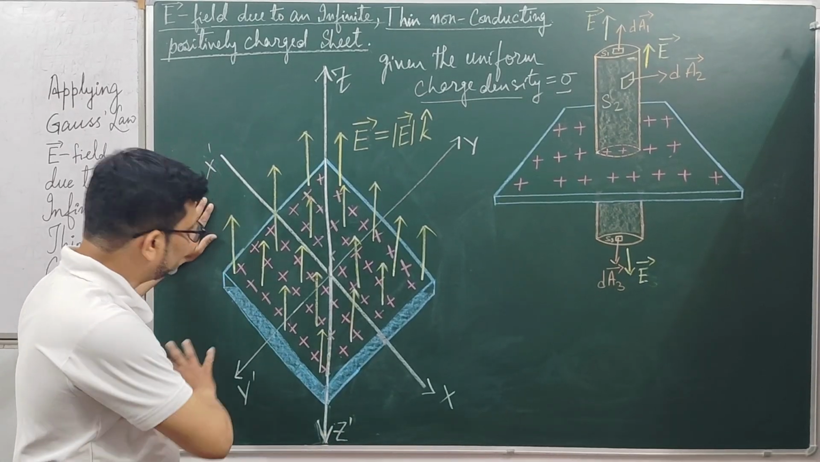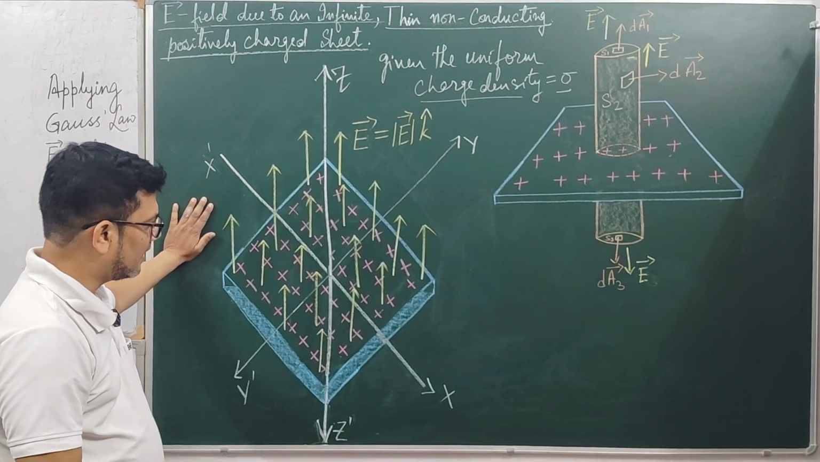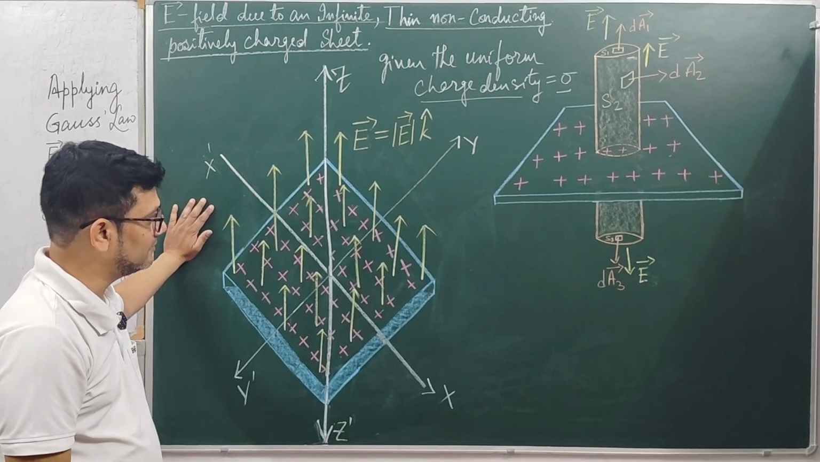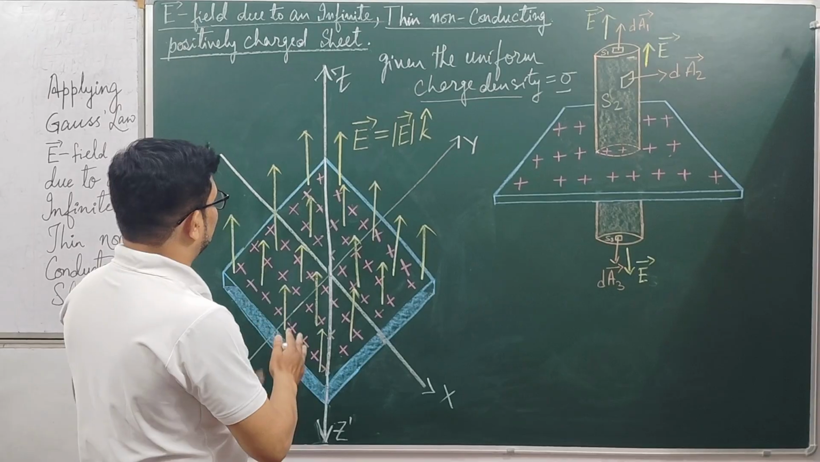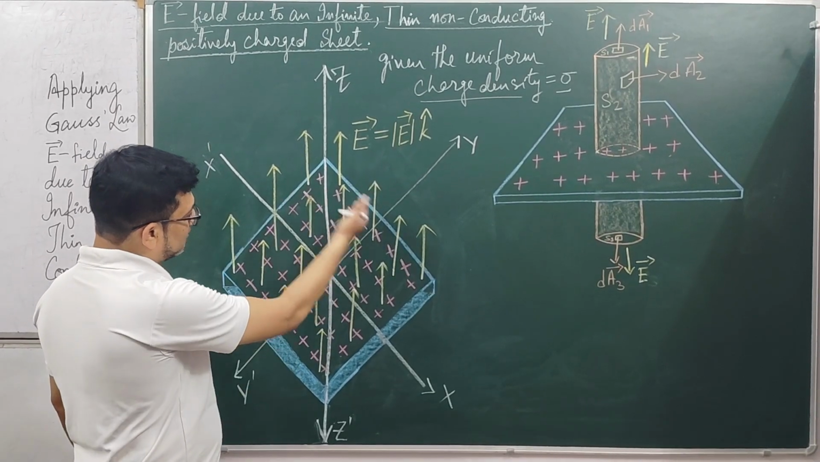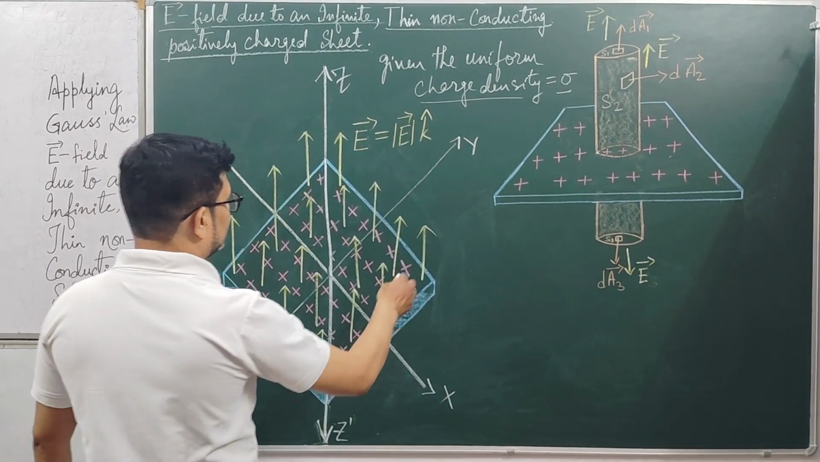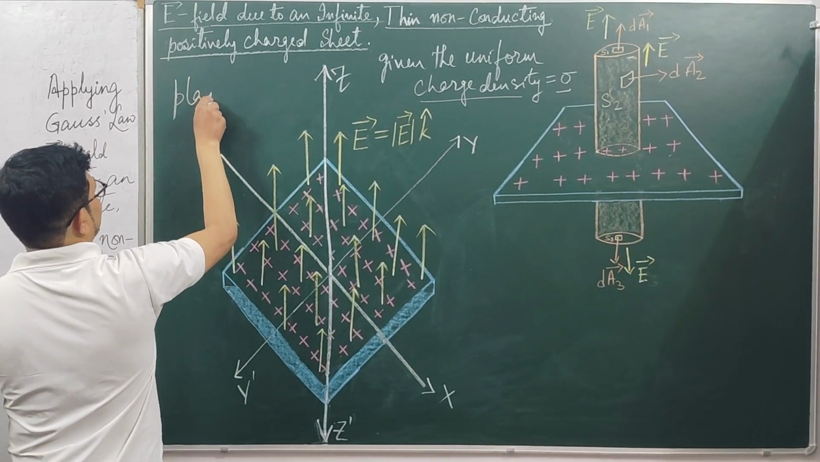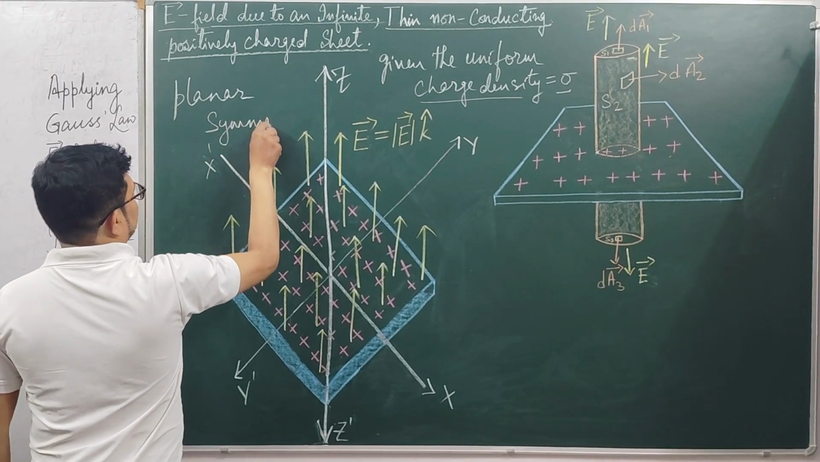So we have taken an infinitely large non-conducting sheet, ideally infinite. However, in practice we cannot take an infinite sheet, but we have taken infinite to get an impression of the electric field, and it's all positive, right? So what kind of symmetry do we have? We have a planar symmetry here. So the symmetry is, it's a planar symmetry example. Planar symmetry. Why? Because